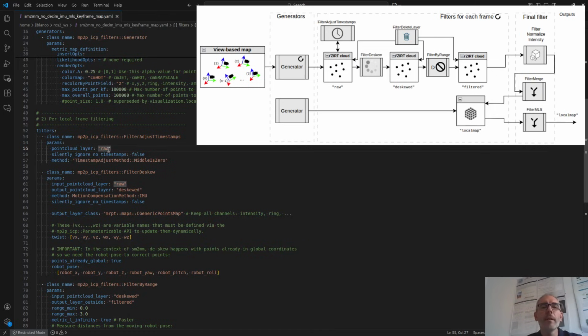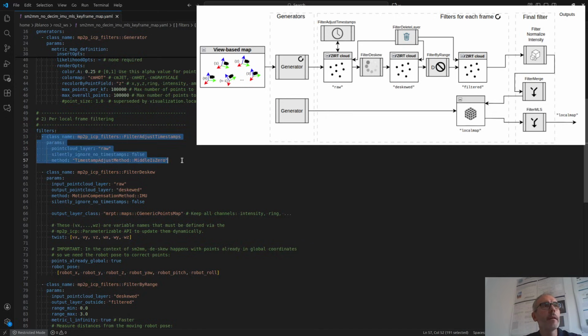Some use the zero relative timestamp. I'm talking not about the topic timestamp, but inside the point cloud, you have a per point timestamp. Each point has a relative timestamp channel or field. That is typically 0 for the reference timestamp of the cloud of the topic, and then you have a positive or negative small offset, which may be 0.1 second maximum normally, because it's the period of the scan.